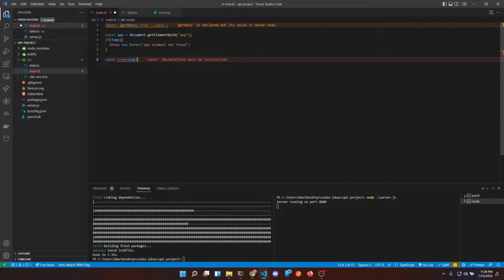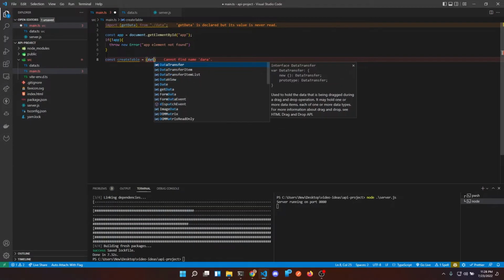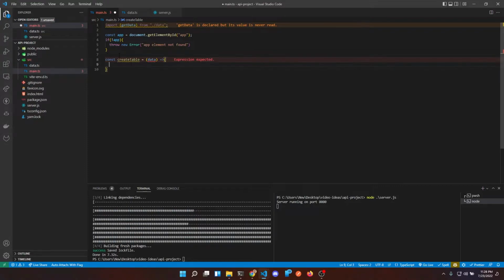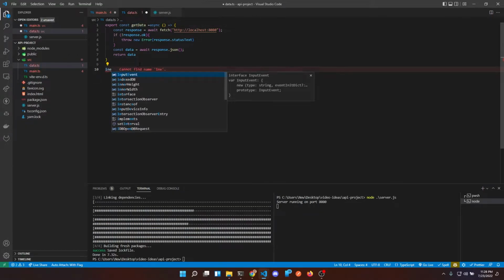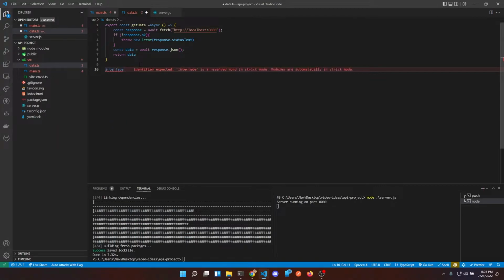We're gonna call it createTable, and it takes a data. And what kind of data is this now? So you want some kind of data. What do you want this thing to return? So we want our server response to be an interface. So like I'll just say